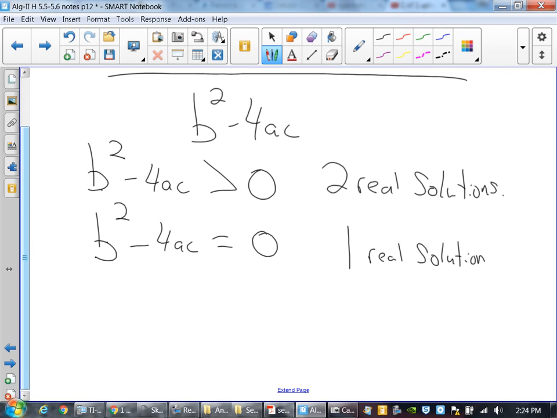Okay. And then lastly, if the b squared minus 4ac is less than 0,